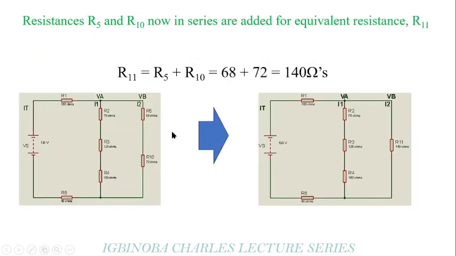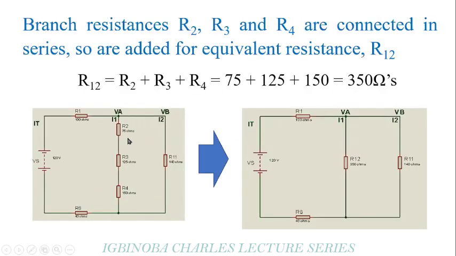So go forward. We notice that this part and this part that we resolved are now in series. In series, all we need to do is just add them together. So we have R5 plus R10 is equal to 140 ohms, which is this. Then again, all these parts are in series. So R2 plus R3 plus R4 are in series. By the time you add, you have